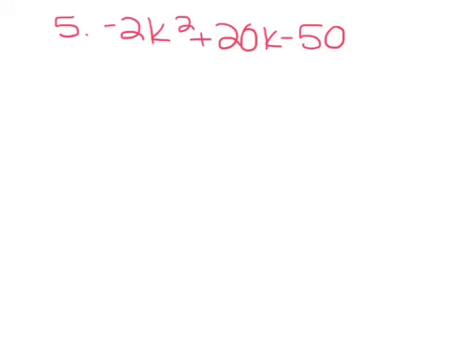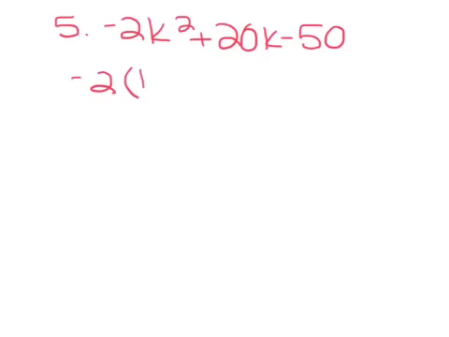For number 5, and for all of these that we were doing, what you needed to do first was factor out the GCF. And that's always going to be your first step in factoring. Look for a GCF. Is there anything I can factor out from all of these terms? And in number 5, you're going to see that there is something. There's a 2. And since my leading coefficient on k squared is a negative, I'm going to factor out the negative with it. So I'm going to factor out negative 2,